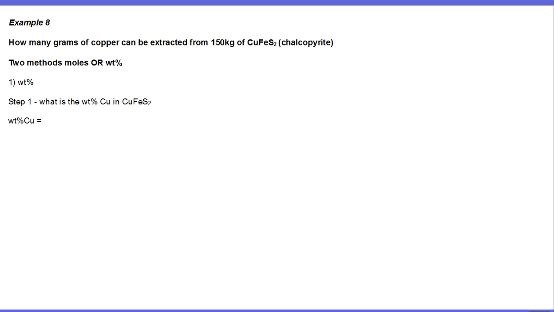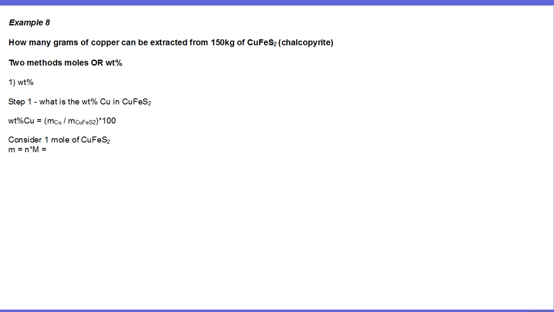Step one, you want to find out what the weight percent of copper in this chalcopyrite is, and that's very similar to what we did in example 7. So the first thing is, what's weight percent copper? Well, weight percent copper is just the mass of copper divided by the mass of the chalcopyrite times 100. In order to figure out the weight percent copper, we've got to know the mass of copper and the mass